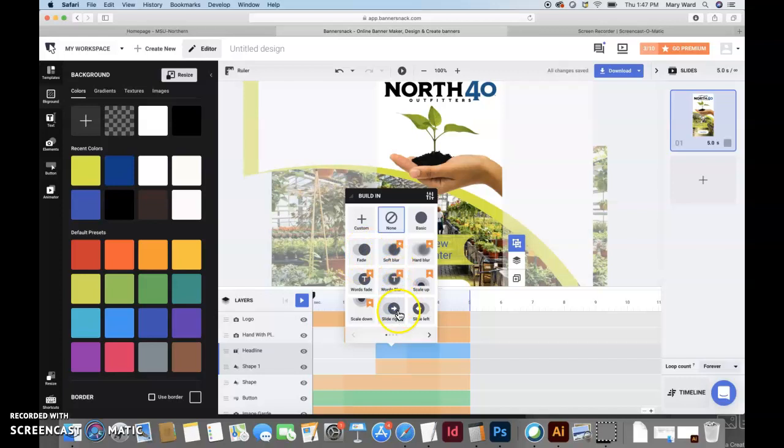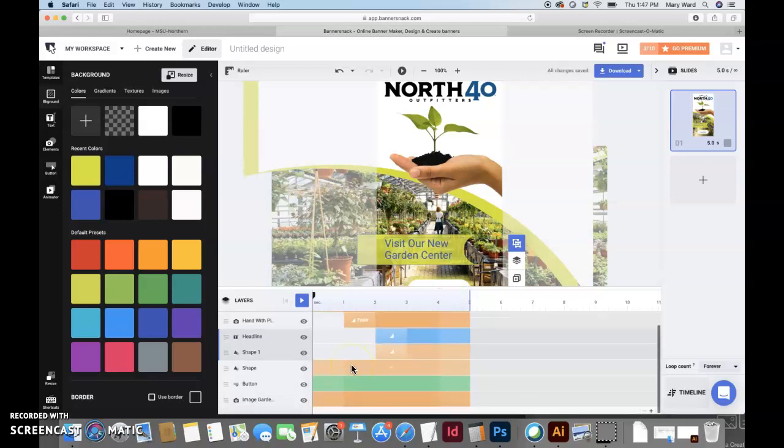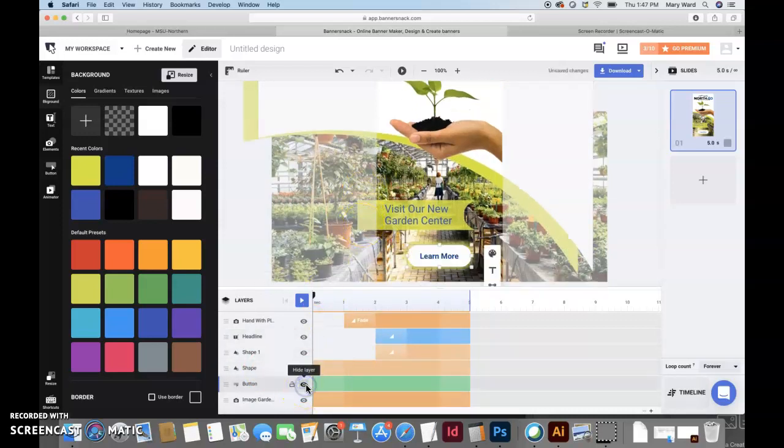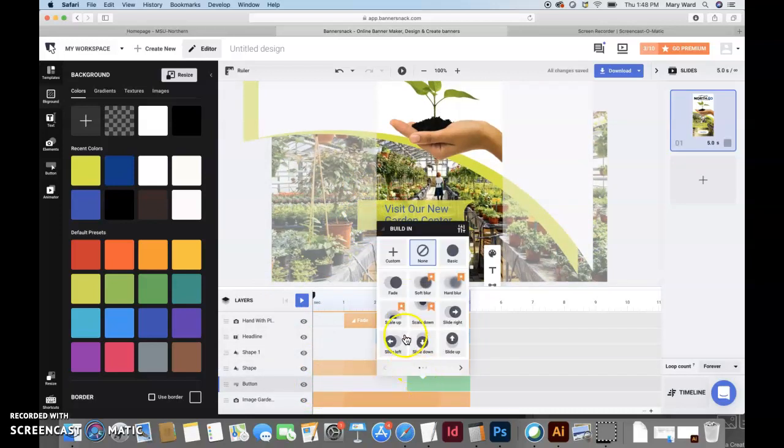Or maybe I'll have it slide right. And they'll slide right together, I believe, because I have them grouped. So they'll slide together. Maybe they should slide left. Yeah, that might be better. And this shape, I think I'm just going to keep there the whole time. The button can fade in after, or maybe it can,